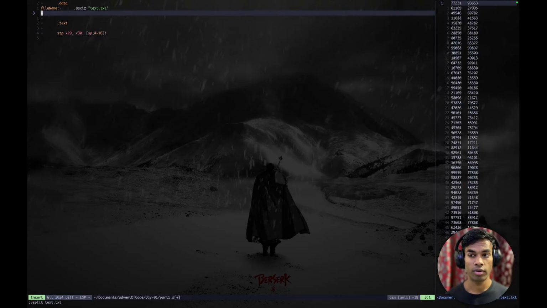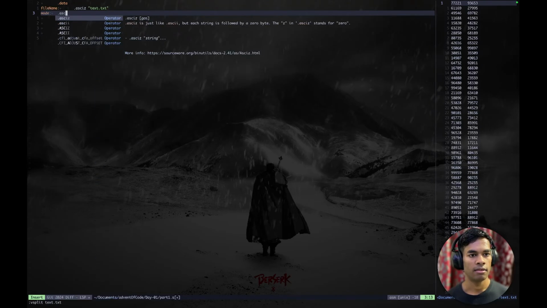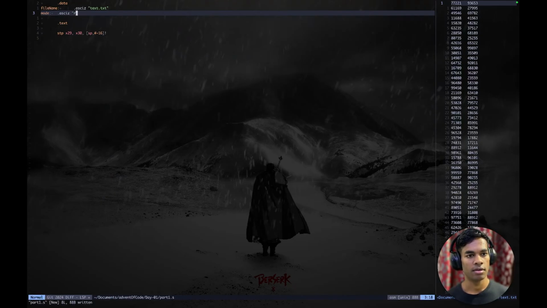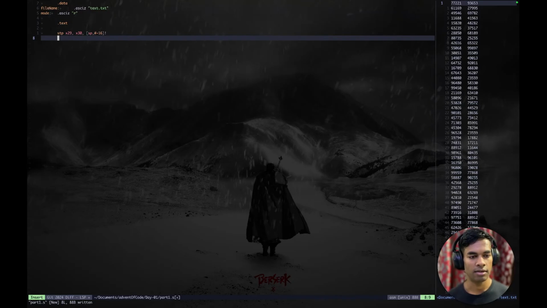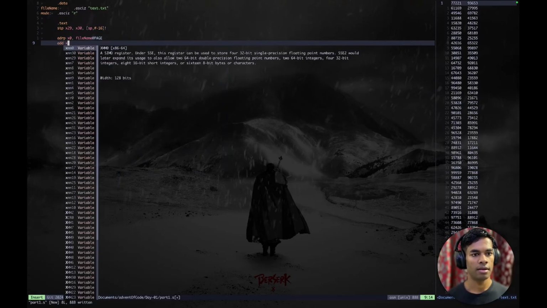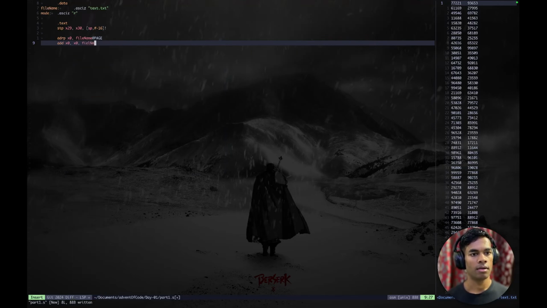And mode is, I guess, 1 for reading a file, for opening a file in ASCII mode. And then mode, that is like I want to read or what. ASCIZ, ASCII's read. I think that might be correct. And I will get the ADRP, get address, page address in the 0th register for file name and page, and add to it the file name,